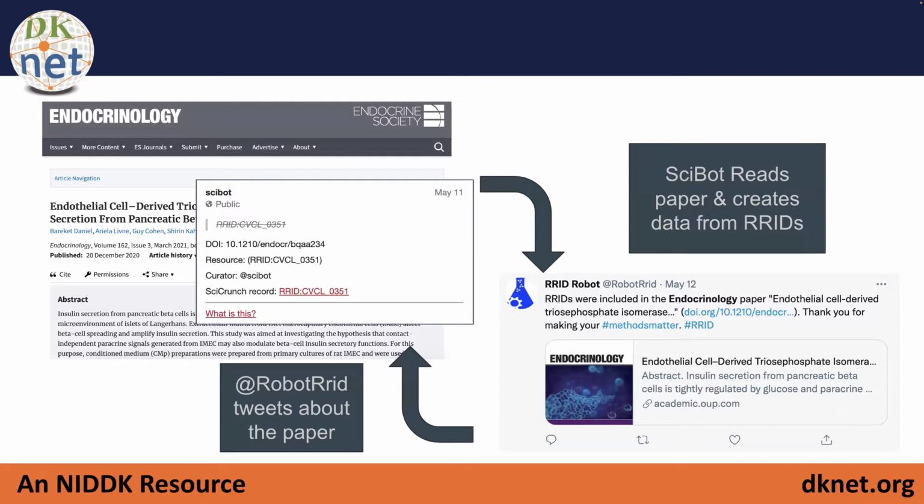So this gets back to how we get information about usage of RRIDs, and also some information potentially about performance. This is where we have developed an RRID robot called Cybot that goes in and finds information on RRIDs and papers. And then this is something that can be further curated and annotated. But the RRID provides the way for us to automatically and easily pick up the usage of these RRIDs in